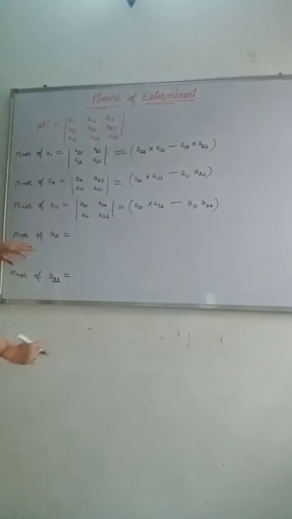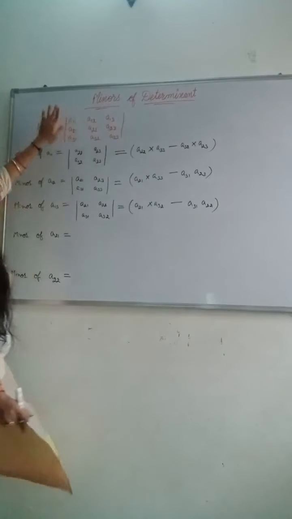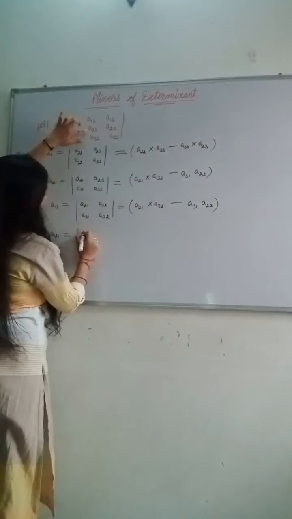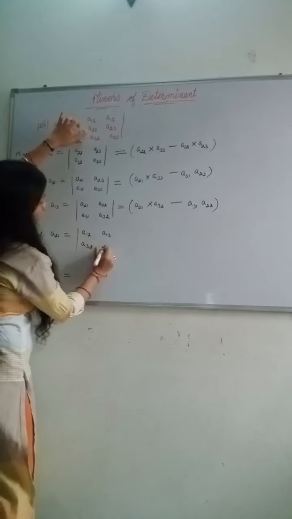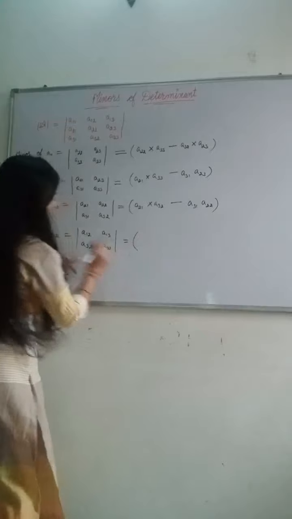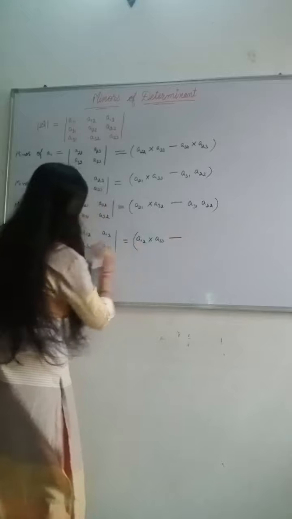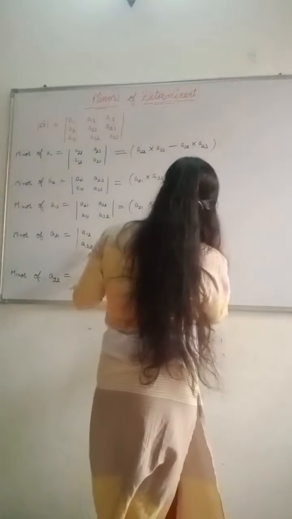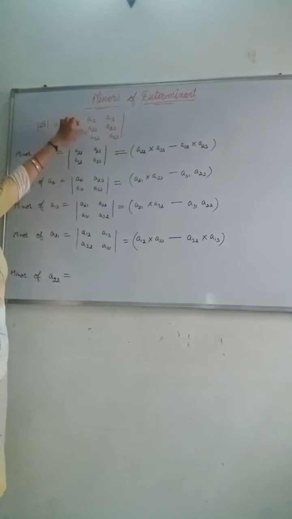That's it. Now comes to this element, A21. This element comes in first column and second row. So I am going to skip first column and second row. Now put other elements which are left. A33. Now just multiply these two elements, A12 into A33 element. Put here a subtraction sign. A32, A13 element.